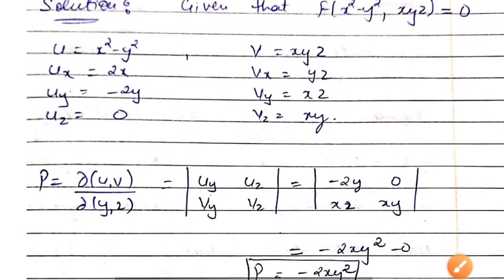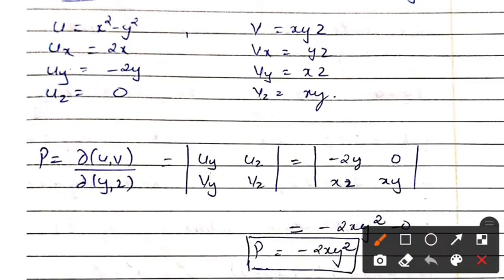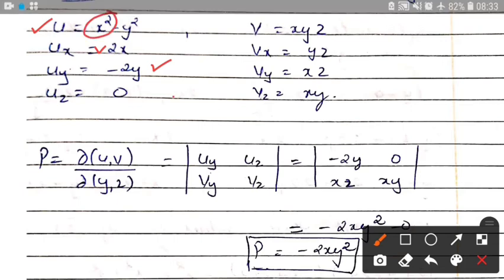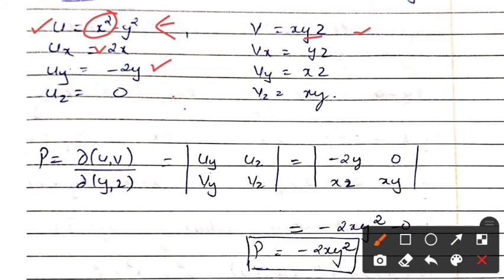Okay, so let us start differentiating. ux will be, x square differentiation is 2x, y will be 0. Differentiation with respect to y will be minus 2y because this term will become 0, right? And there is no term of z in this, so uz will be equal to 0. Again we will find vx, vy and vz. So capital V is xyz. y and z will be constant when we differentiate with respect to x. So vx you get yz, vy you get xz, and vz you get xy.